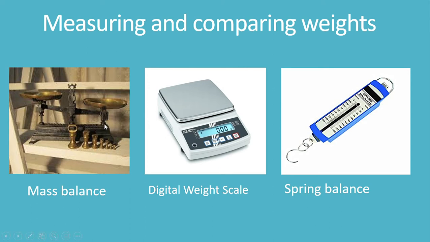Well, this is kind of erroneous, and it does produce some errors, so it is better to use something that has absolute scale in it. One of them is the digital weight scale. A digital weight scale is a very precise and accurate scale which gives you the weight of the object or the mass of the object, however it is calibrated, in simple numbers.